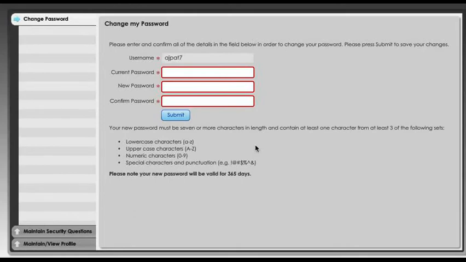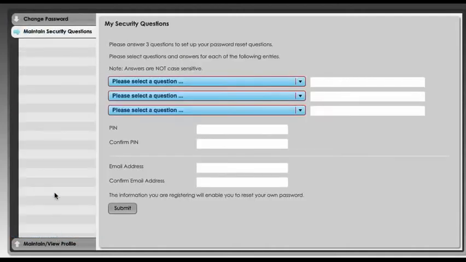with that new password. If we want to, at the same time, we can also change our secret questions or our security questions, and these are questions that help us to keep our password safe, and we use these when we want to change our password to authenticate or tell the computer that we are who we say we are. So if we click on this button on the bottom left screen here where it says maintain security questions,